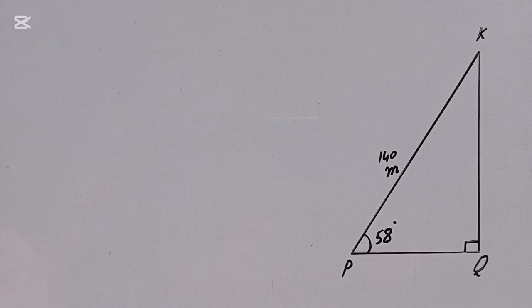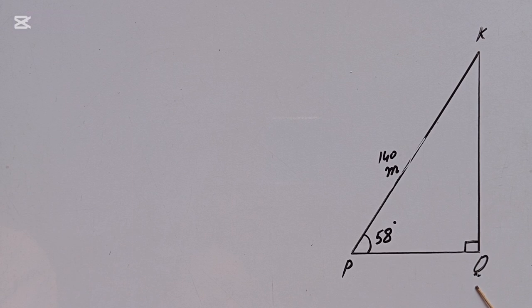Here is a right angled triangle PQK, where PK is the length of the string with which the kite is being flown. P is the position of the hand who is flying the kite. This KQ is the vertical distance of the hand from the kite we have to find out. So in this right angled triangle, 58 is the angle of elevation, which is the angle under discussion right now. This is the right angle